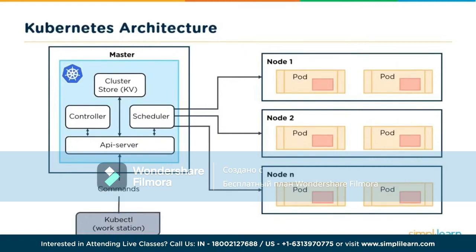The master node can be 1, 3, 5, typically an odd number. This is as per typical cluster management, where you need the master nodes to be in odd numbers, so that whenever there's any contention in terms of what needs to be deployed where, or where to give the job to whom, all the masters would cast their vote and decide on the outcome. So that's the master node, and there are a bunch of nodes which can be connected and administered